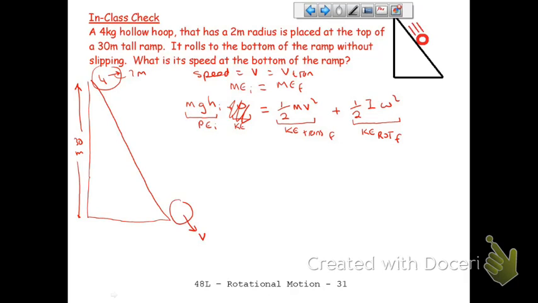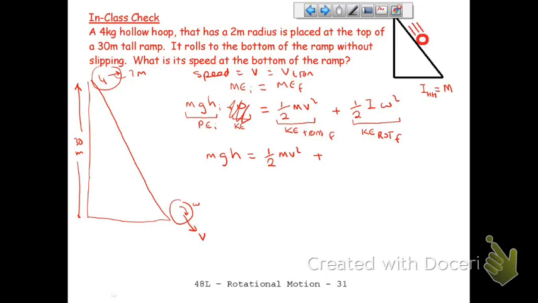Down here we have translational kinetic energy and rotational kinetic energy. So mgh is equal to 1/2 mv squared plus, now remember that for the hollow hoop,